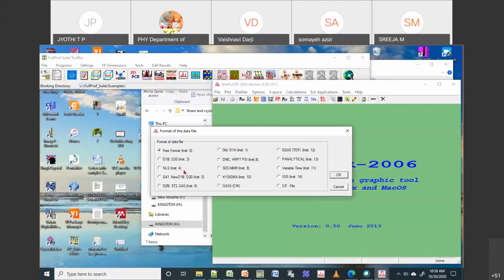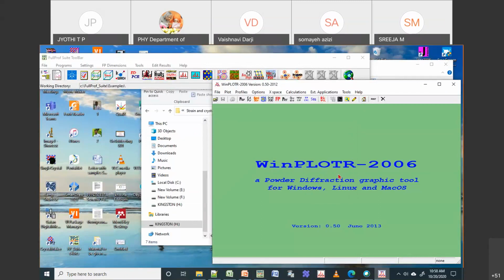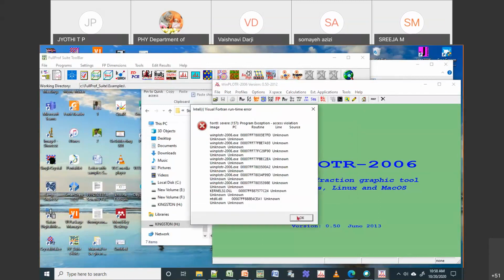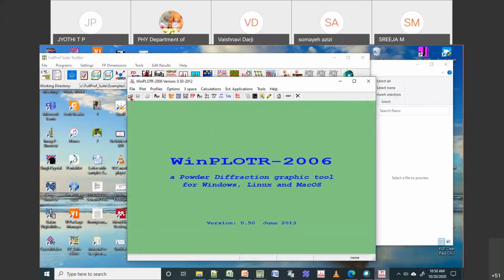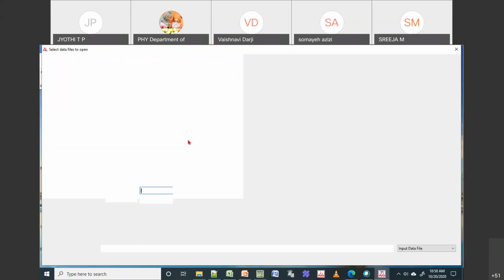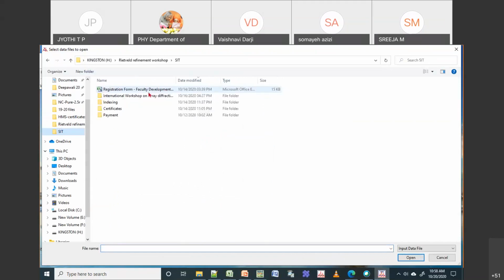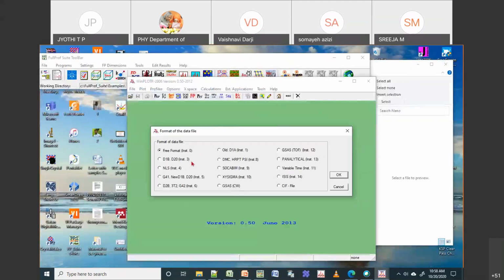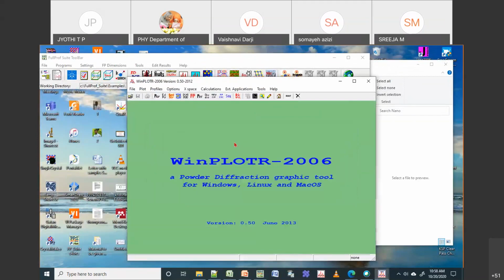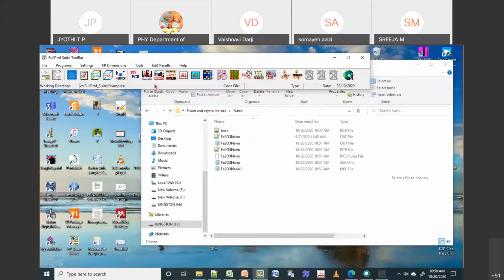Okay, so this is your X comma Y. So this is X, Y, Z, sigma. So I think you need to open them one by one. So let me do that. I will open one by one. 3D plot. So I will start with cobalt 2%. I think there's some problem. Okay, let me try one more time.